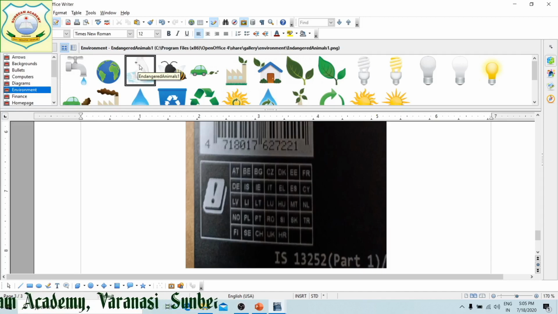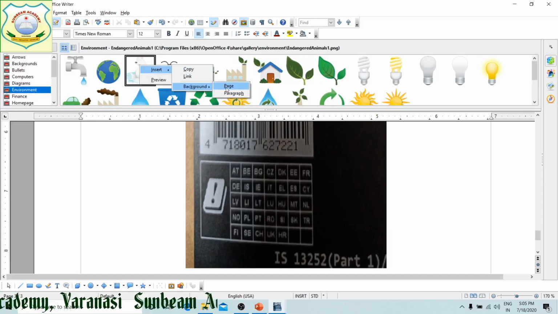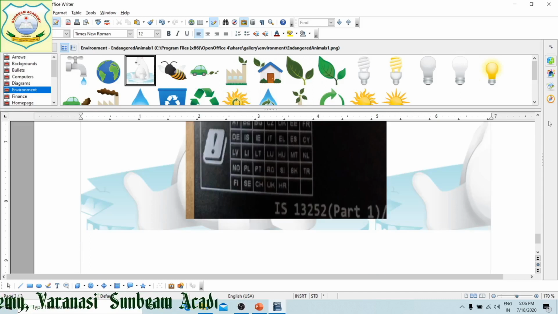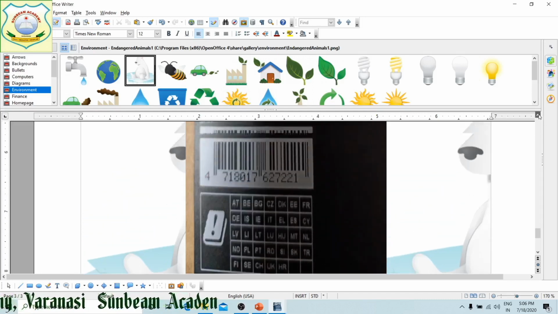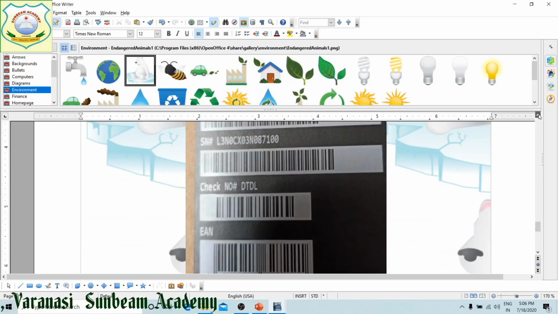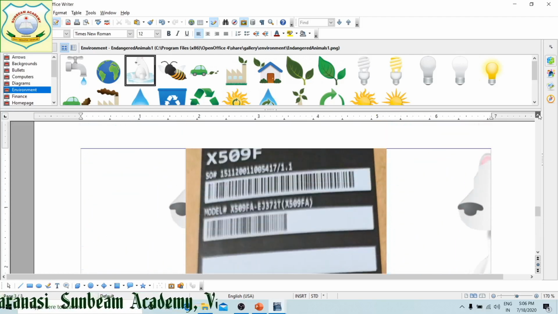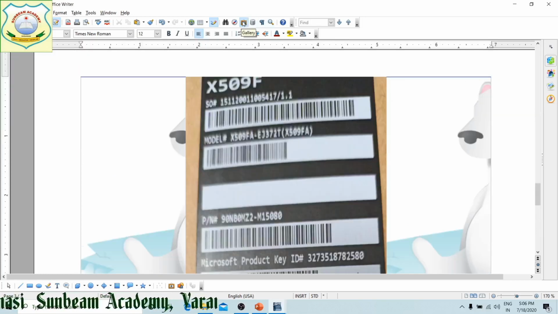After right click onto this, insert background or page or paragraph, wherever you need, click on paragraph. It will be applied to paragraph only. You can see here where till your photograph is there, it is applied to that photograph only, right? To close it, click over here. By this you can insert ready-made gallery of pictures.